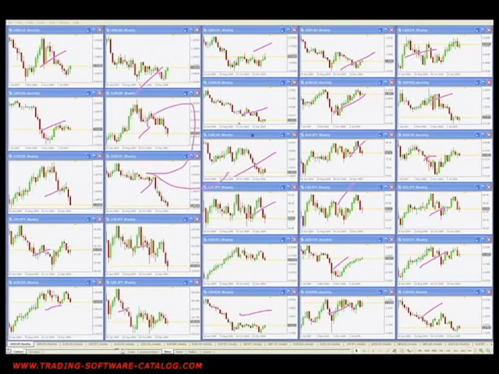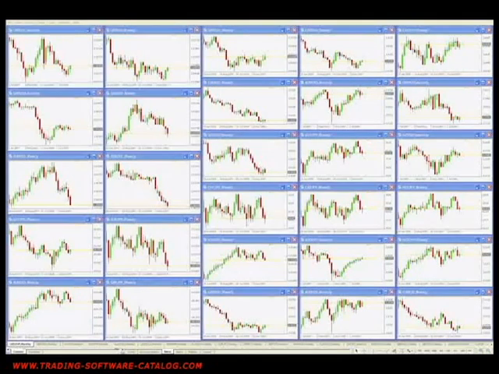28 major crosses. All right, so I have a small mini window for each of the different charts, each of the different 28 major currency pairs. Now, what I'm going to do,